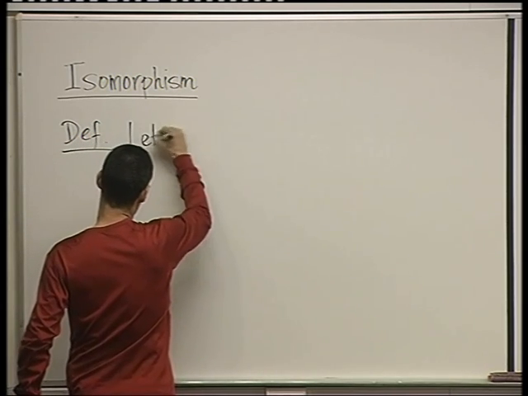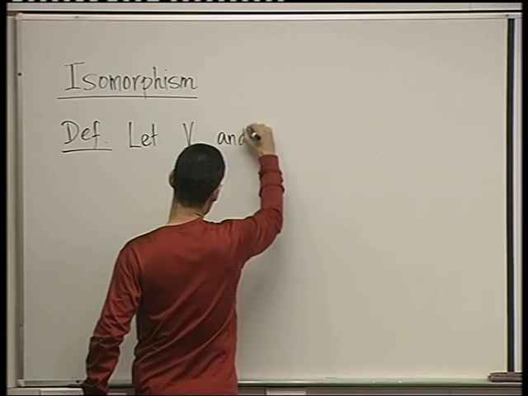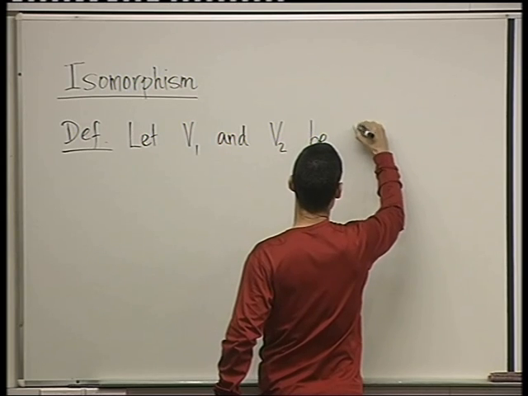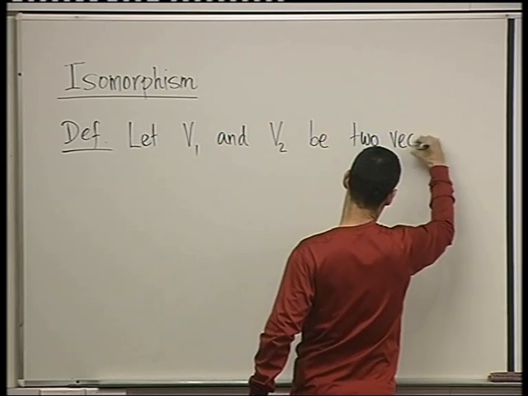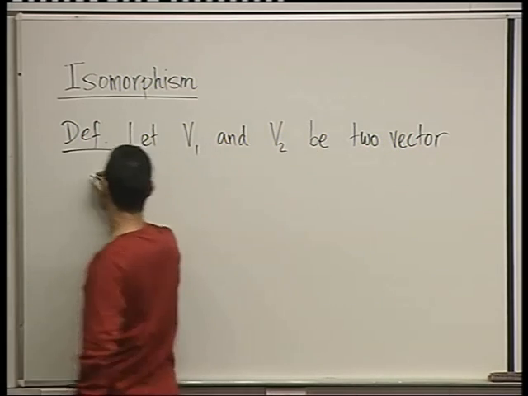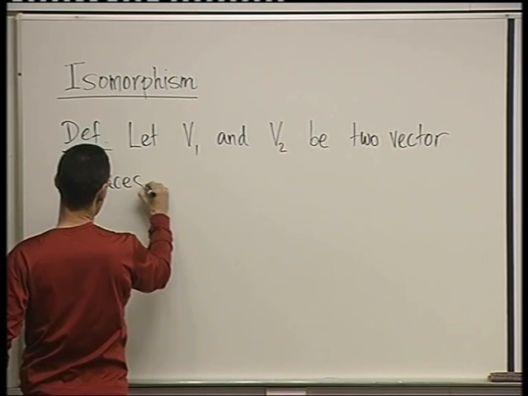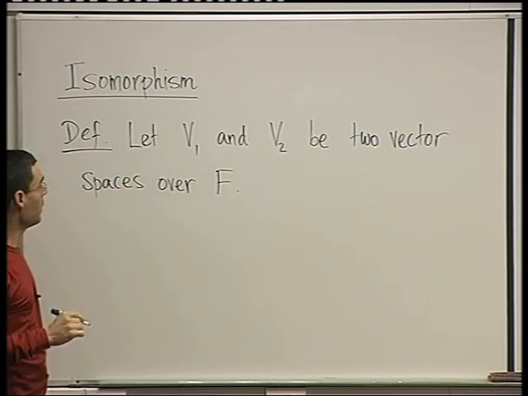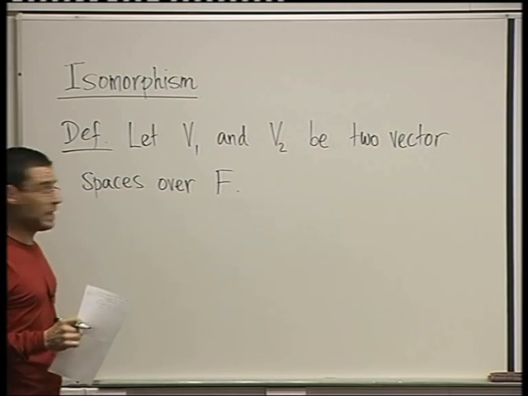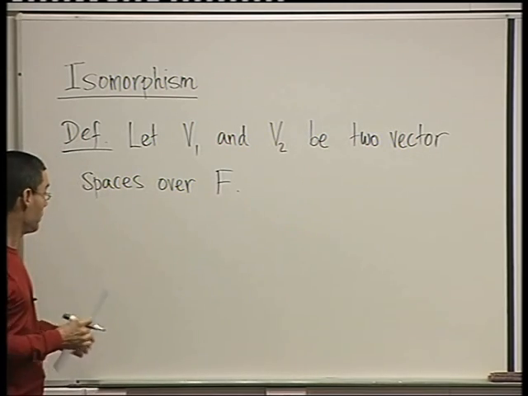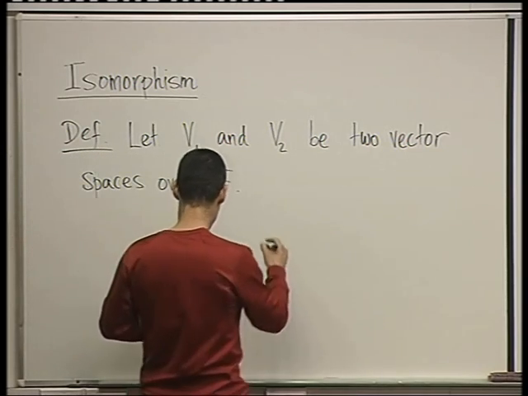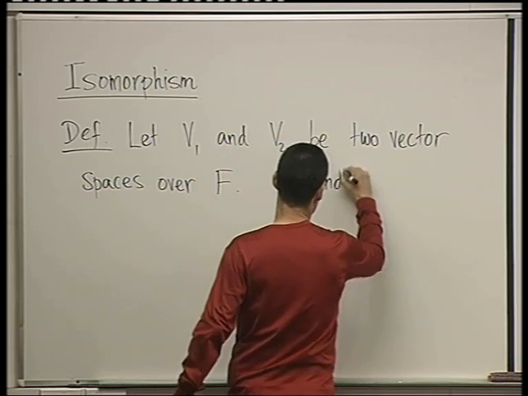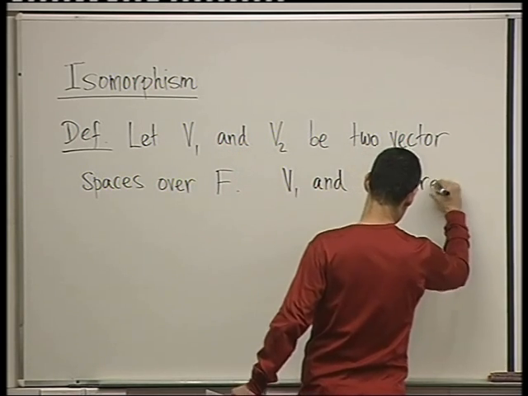Let V1 and V2 be two vector spaces over the same field. Whenever we want to discuss relations between vector spaces, they have to share the same scalars. So over the same field F, V1 and V2 are called